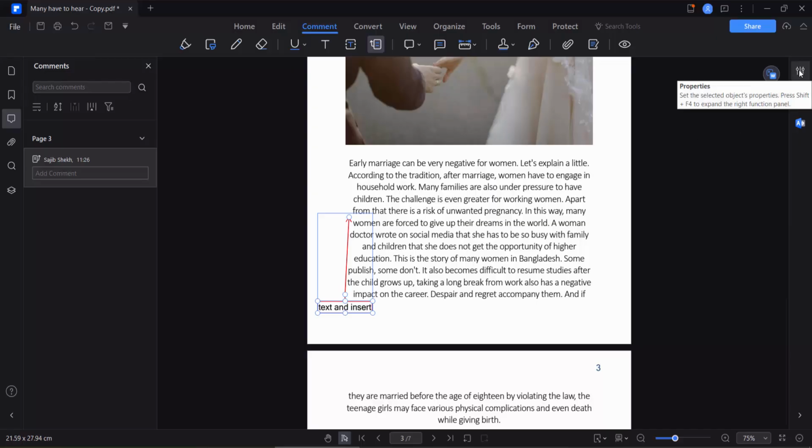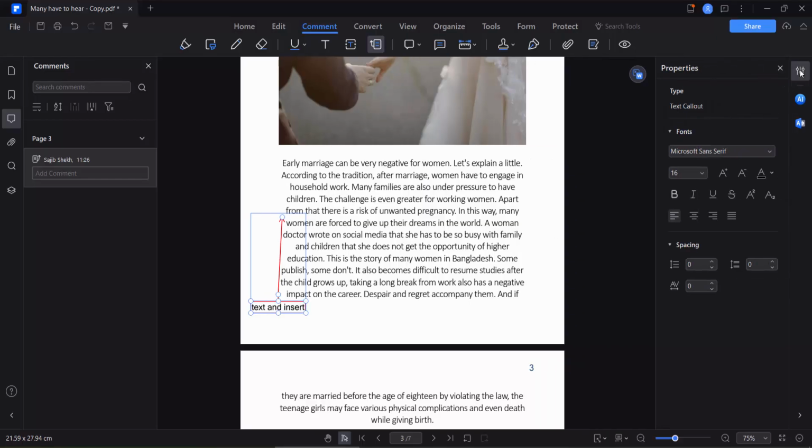And this properties option, this right side top option, you can change your text color and make this orange color, and see this text color. You can increase or decrease the text size, make it bold, italic,